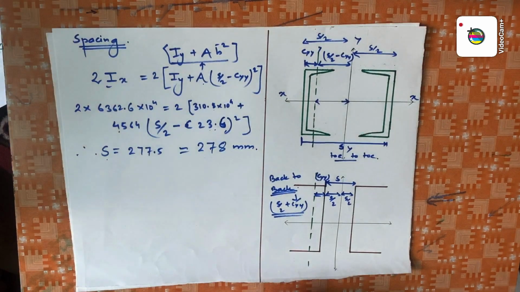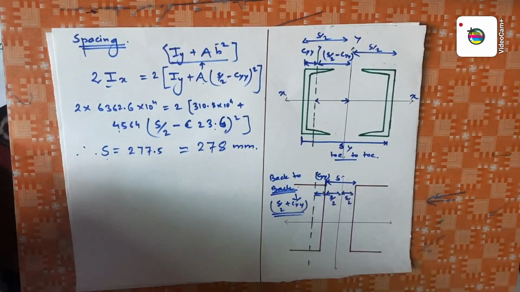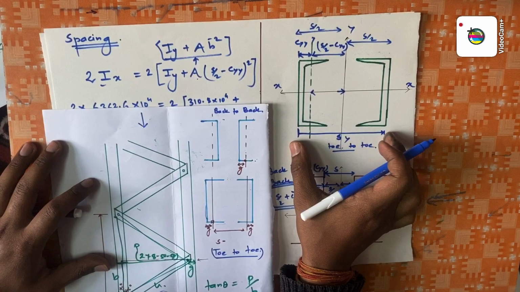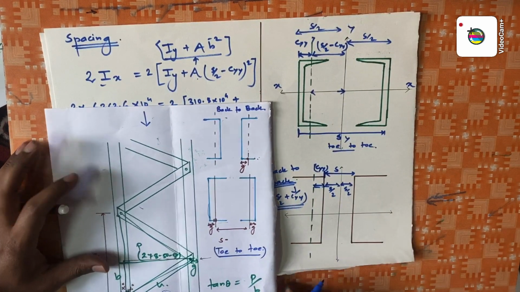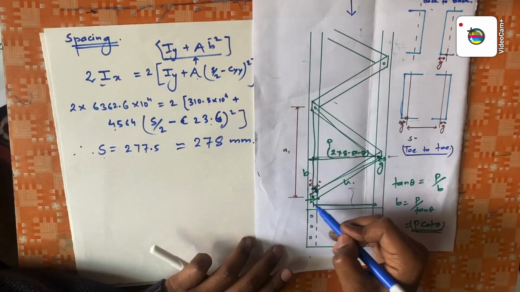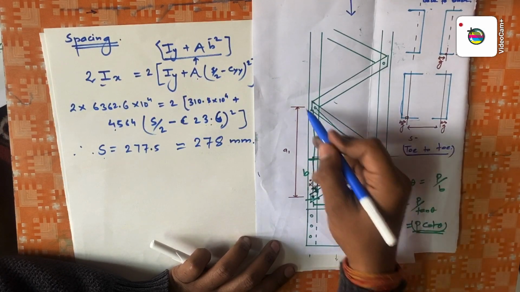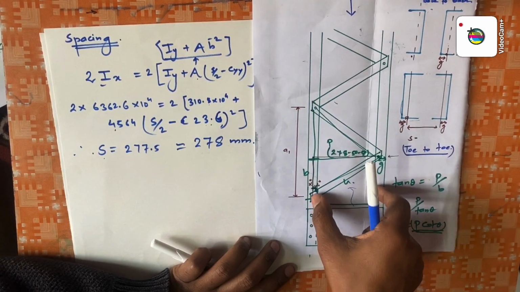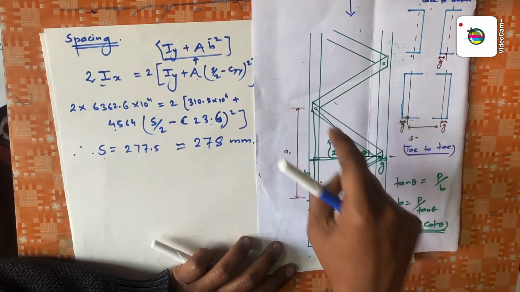So the first job, we choose our ISMC section. The second job, we choose our spacing of the channel. Now the third one, we'll go for the lacing bar. Finally we go for the lacing bar because we have chosen the channel and we have chosen the spacing. Now we'll go for the lacing bar. So in lacing bar,